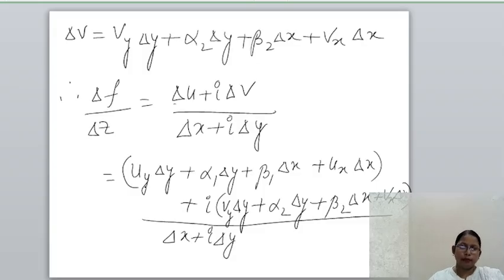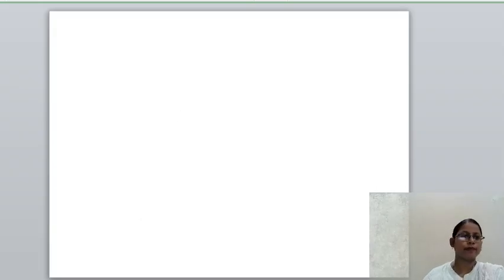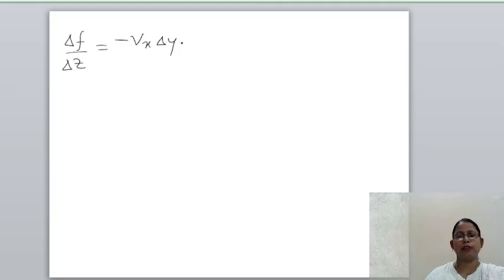In the next step, use the CR equation. Write it in terms of partial differentiation of u with respect to x and v with respect to x. So uy will be minus vx. The CR equation is delta f by delta z is equal to, using the CR equation, minus vx delta y plus alpha 1